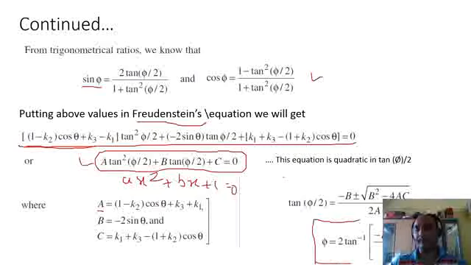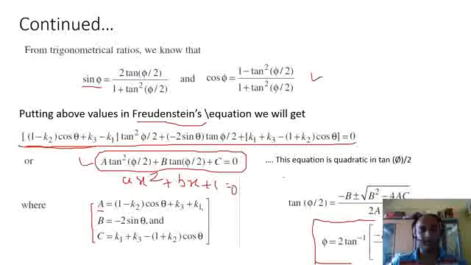Now what is phi? Phi is nothing but your output angle, that is, the output displacement. You can see this phi is in terms of capital A, capital B, and capital C, which are in terms of theta and k. Theta is your input angle, and k1, k2, k3 are constants that depend upon the link lengths a, b, c, d that we have seen in the second slide. So k1 equal to d by a, k3 equal to d by c, right?